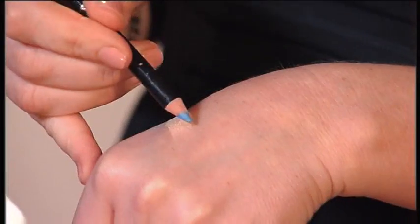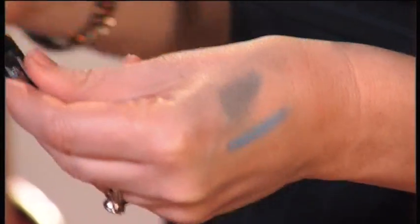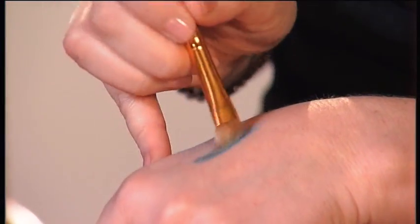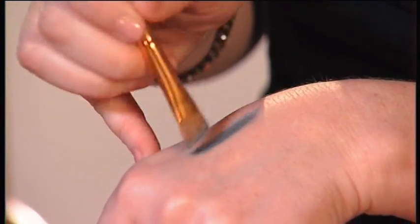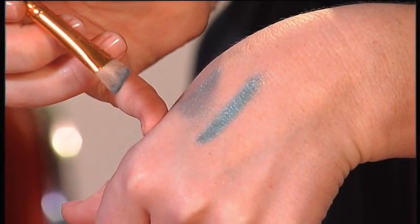What I'm going to do now is just apply the Inika Sky eyeliner to the back of my hand. And then I'm going to apply the same eyeshadow, which is the Eternal Marine, on top of the eyeliner. And what you can see there, you see how that just grabs out the colour, and it gives you an